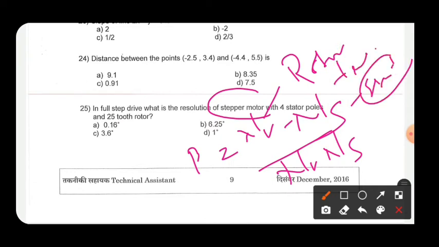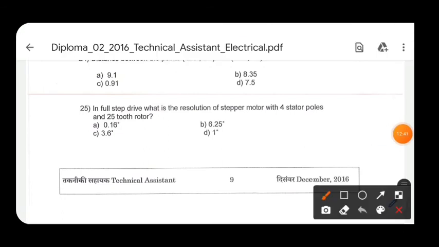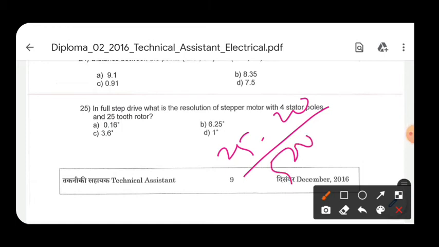All of you know how to find the stator teeth, just see here the poles given are 4 and the common phase is 5, okay. So Ns equals 4 into 5, that equals 20, okay. So simply put in the formula, you will get (25 minus 20) upon 500, okay, multiplied by 360, because the total rotation angle is 360, okay. Then you will get the answer as 3.6, okay. So just try it.